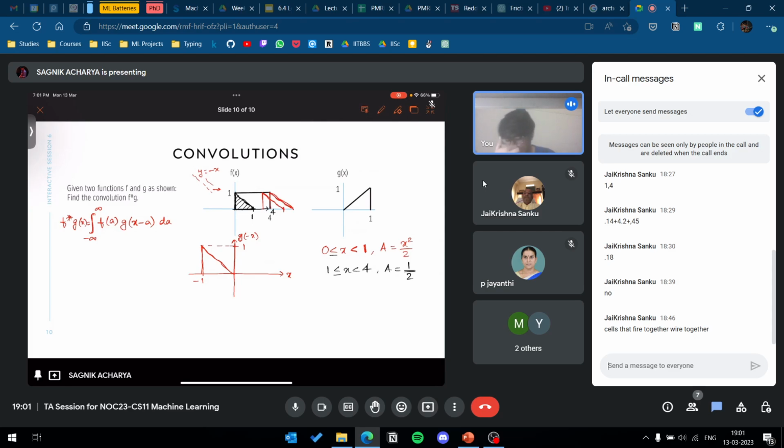So it's a very bad drawing, but okay. So the triangle will be here at 5, and after that there is no more overlap, so the value will go to 0. And for x less than 0 also, the overlapping area is equal to 0. So for 4 less than x less than 5, what is the area? So we'll have this shaded portion, right? So if you think about it, this shaded portion